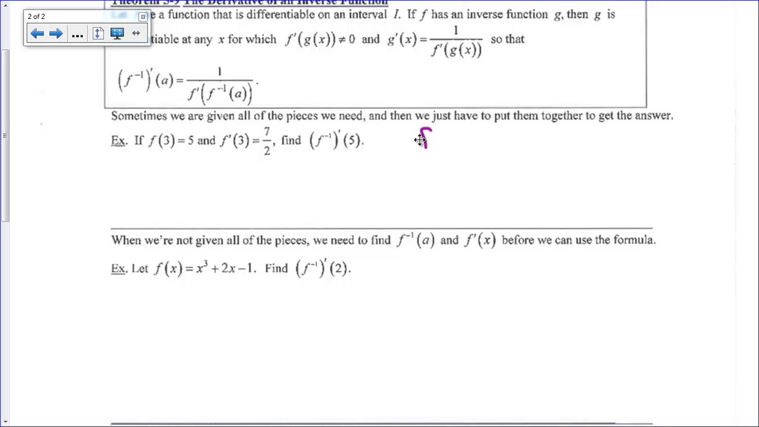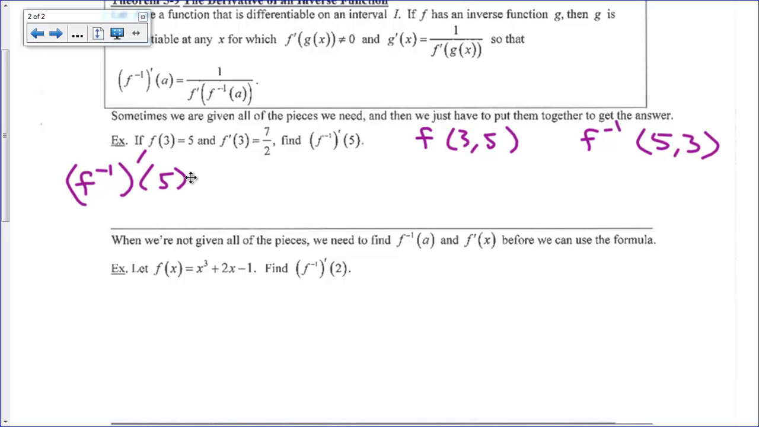I'm going to go ahead and organize this, though. I always like to write down f and f inverse and show the flippy-floppy points. This just helps me. f, we know, travels through the point (3, 5). Therefore, f inverse would travel through what point? That's right, (5, 3). So f inverse prime of 5